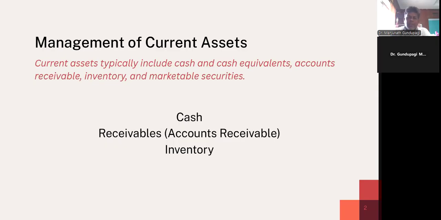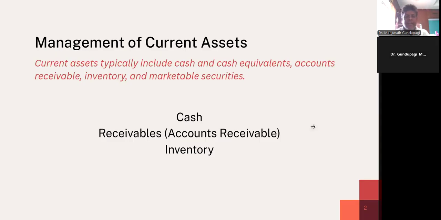Among these, the three most important components from the perspective of working capital management are cash, accounts receivable, and inventory. These assets are dynamic and constantly circulating in a business because